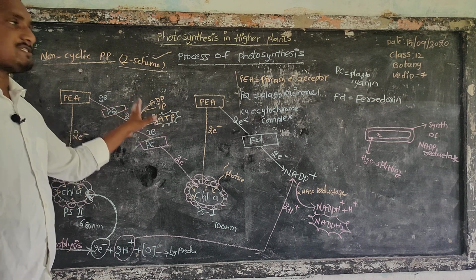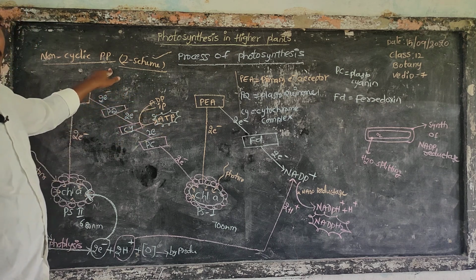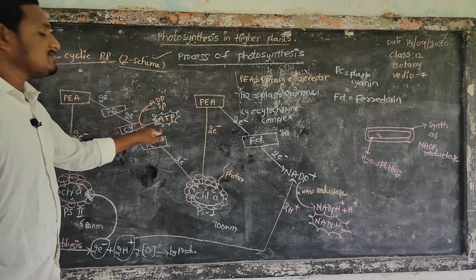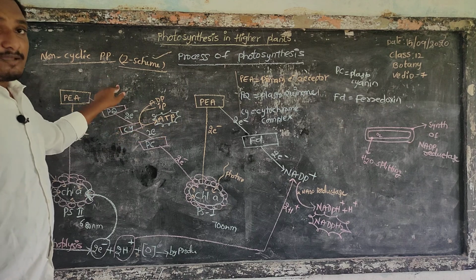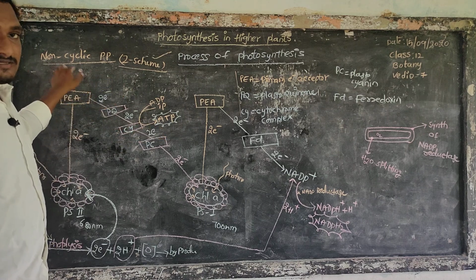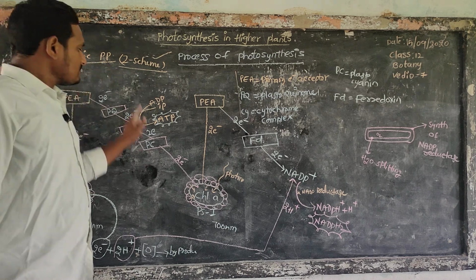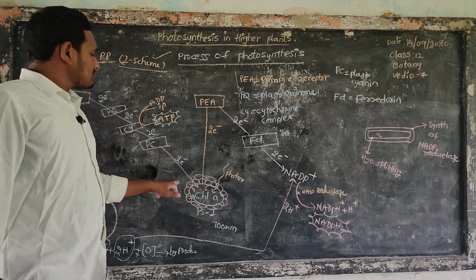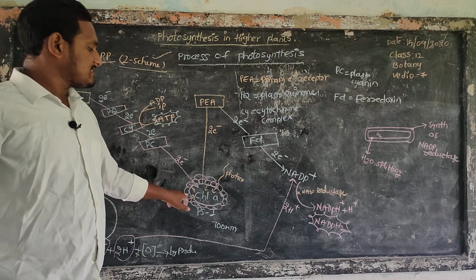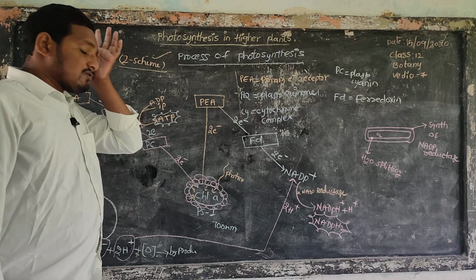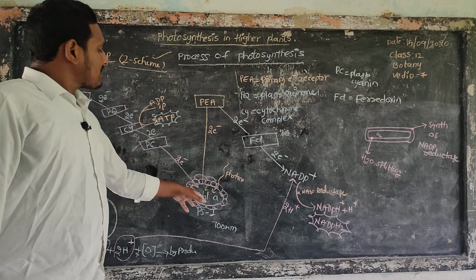That is phosphorylation. That is photophosphorylation. So this phosphorylation means ATP formation takes place in sunlight, so it is called photophosphorylation. Next, plastoquinone sends these electrons to the reaction center chlorophyll A in PS1, and it will